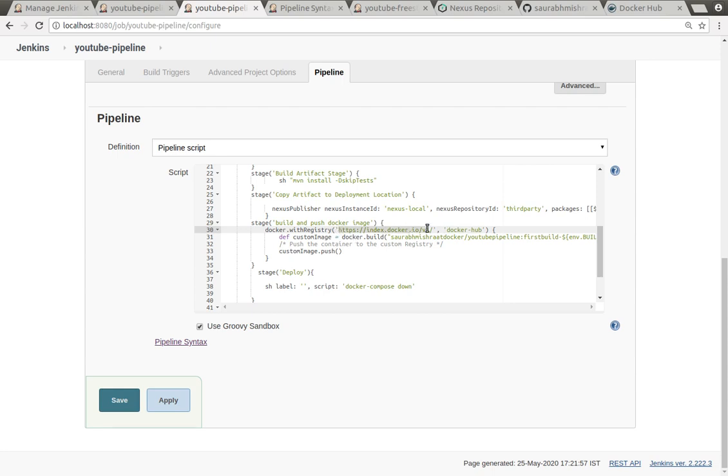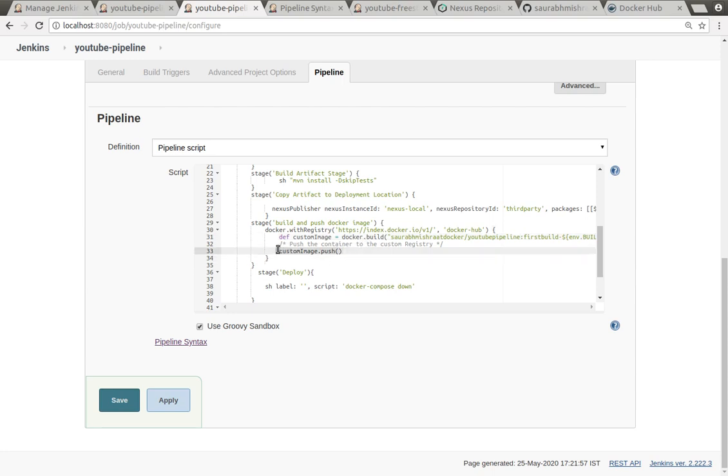If you have a custom repository, you can give the path of the Docker UI, Docker API, and based on that, what is the credential? The second parameter is the type of the credential. If you see, as part of my credential store, I have given Docker Hub as the credential name. That credential is needed for publishing it, and more details about the type of image, the name and tag of the image, all these details I'm giving here.